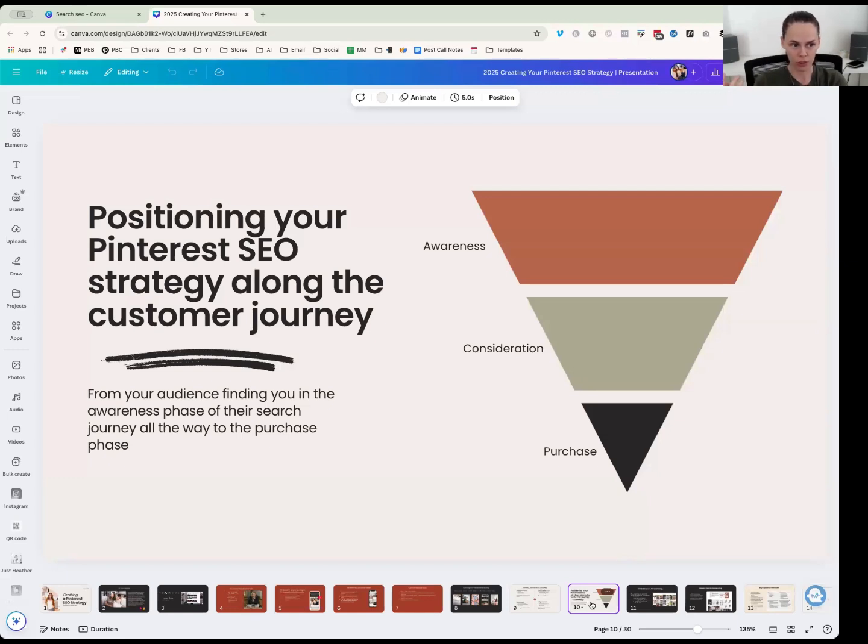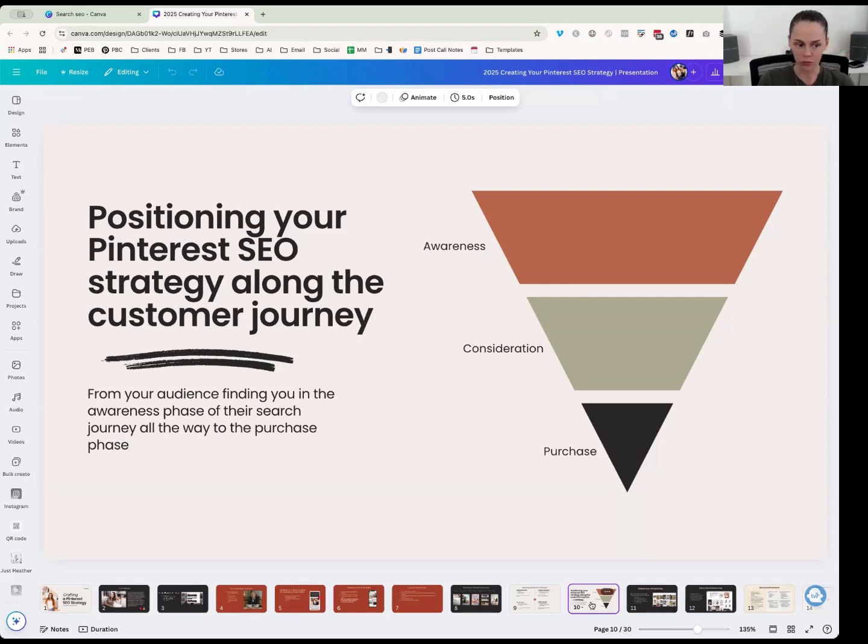When it comes to Pinterest, we're actually expanding this out into the awareness, consideration, and purchase phases. So we're backing it up all the way to the beginning of when a teacher might be like, ooh, I need some science curriculum for my lesson plans to pad this topic, or I need substitute teacher stuff, and I'm going to be out, so I need some stuff to put in that binder.